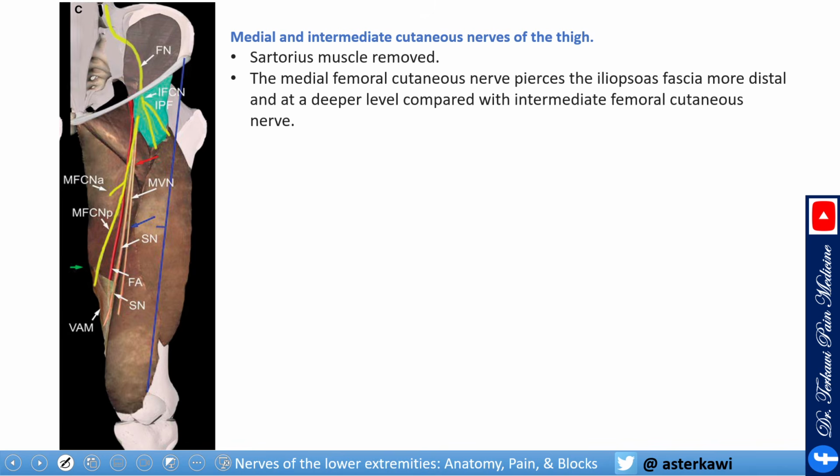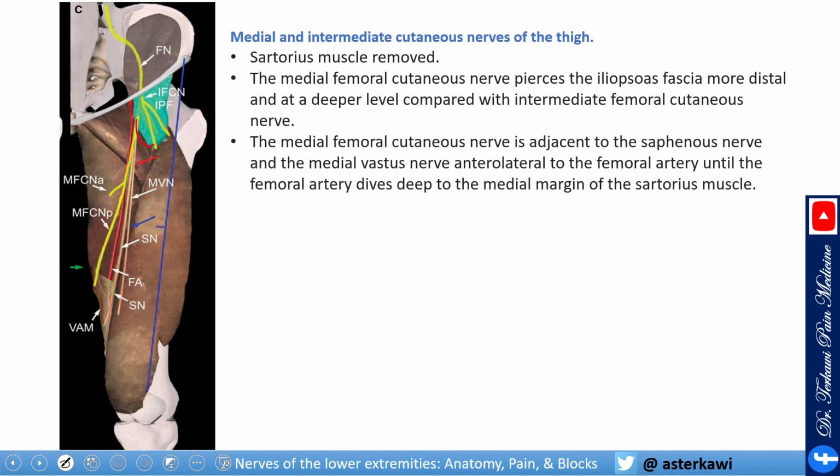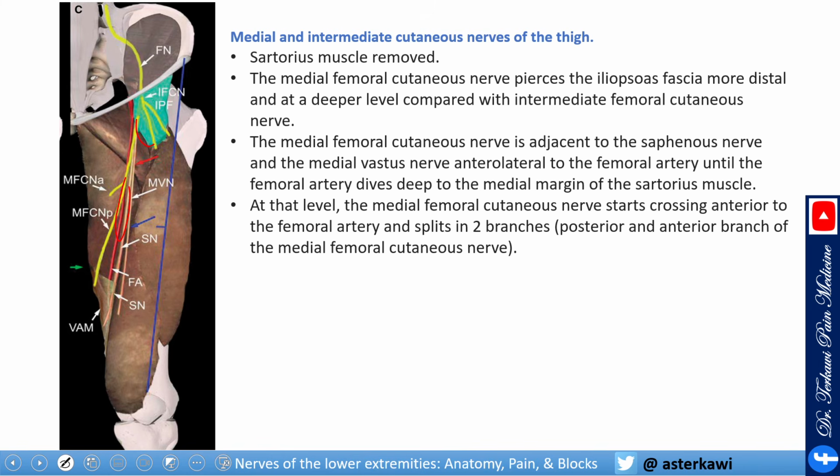So the medial femoral cutaneous nerve pierces the iliopsoas fascia here, more distal and at a deeper level compared with the intermediate femoral cutaneous nerve. The medial femoral cutaneous nerve is adjacent to the saphenous nerve and the medial vastus nerve, anterior lateral to the femoral artery, until the femoral artery dives deep to the medial margin of the sartorius muscle. At that level, the medial femoral cutaneous nerve starts crossing anterior to the femoral artery and splits into two